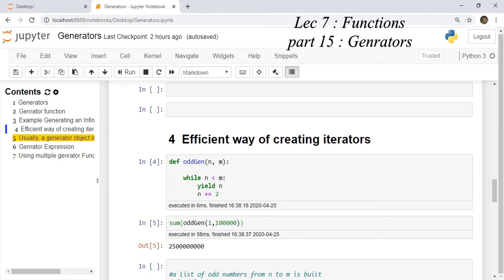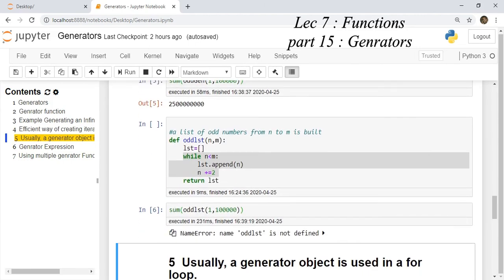First value was added, then second value was generated and added, third value was generated and added. Only one value was active in memory, therefore memory requirement is less, and therefore the time and memory requirement for a generator to generate an iterator is less.